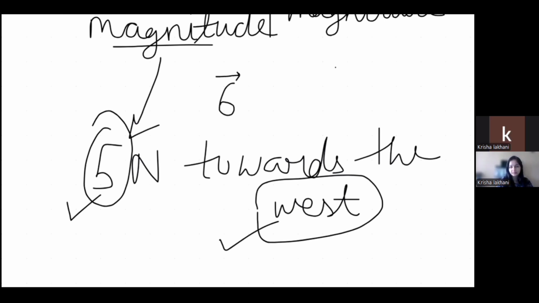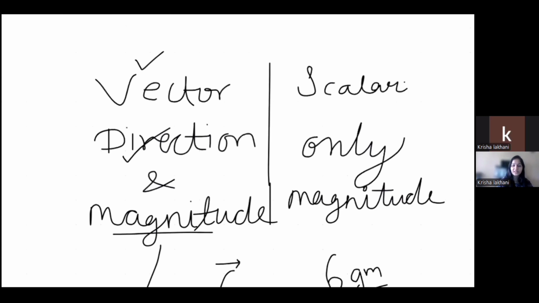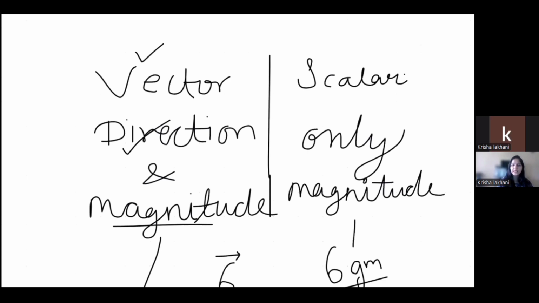6 grams. ग्राम्स में कोई डायरेक्शन है? नहीं है. So if it is not having any direction, means it will belong to what? Scalar quantity. Okay. So 6 here is the magnitude that is given. Please understand. What does a 6 represent here? 6 represents the magnitude. Here 5 represents the magnitude.